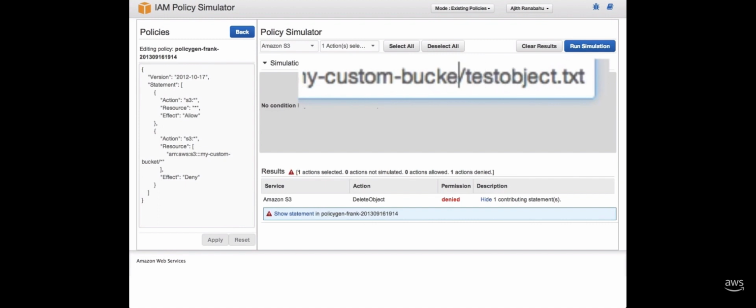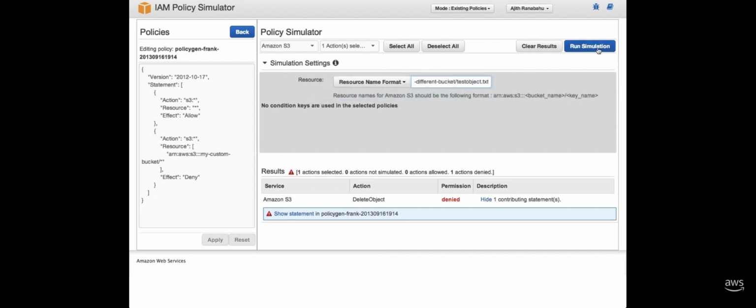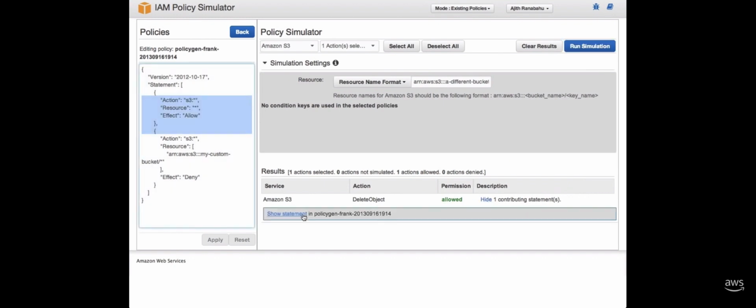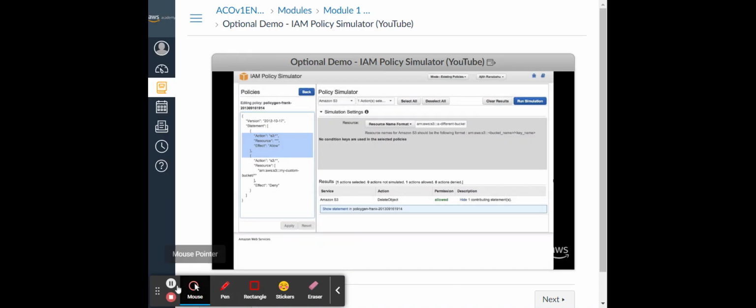If, however, we were to change the target resource to an object in a different bucket and rerun the simulation, this action is now allowed. And you can see that it's the S3 allow star policy that allows it. This concludes our walkthrough of the IAM policy simulator. To learn more about it,